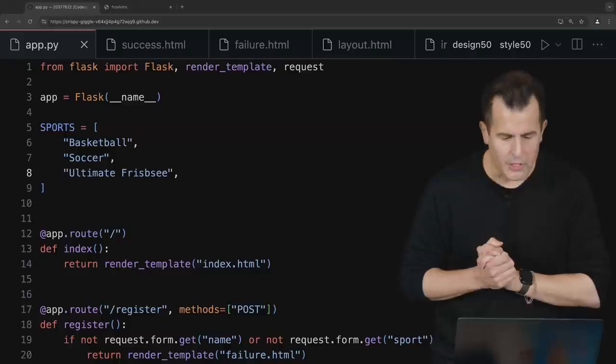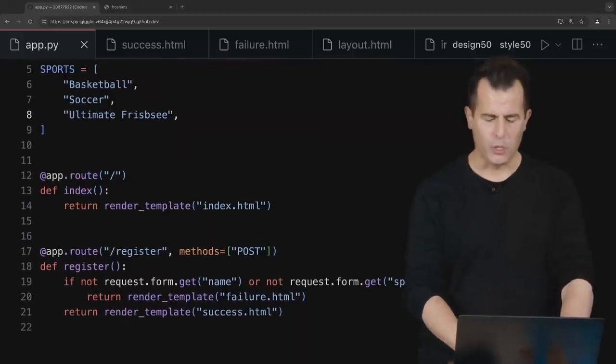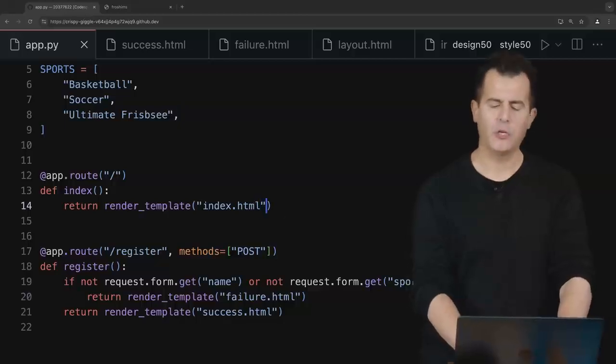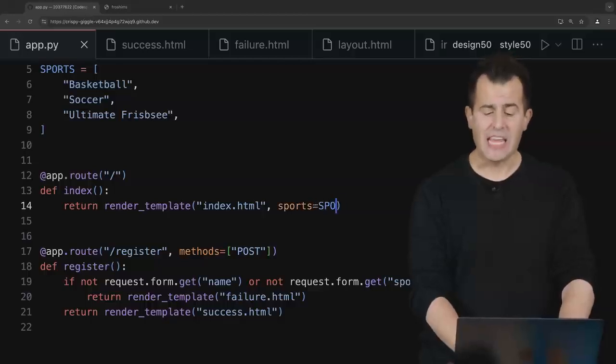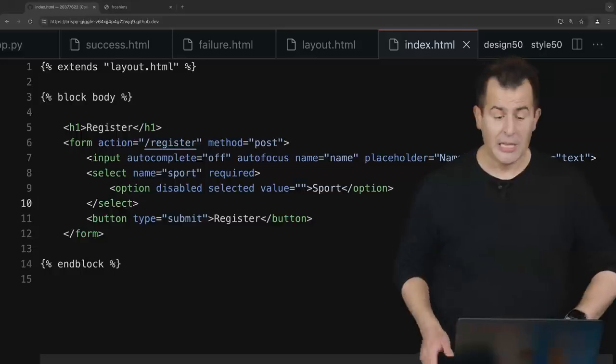What am I going to go ahead and do next now? Well, if I have now this variable containing all of these sports, I don't actually need to hard code them into my template. So I'm actually going to do this. Let me pass in a placeholder called sports into this index template and set it equal to that global variable's value. And now in index.html, let me go ahead and instead of enumerating all of these sports manually, let's use